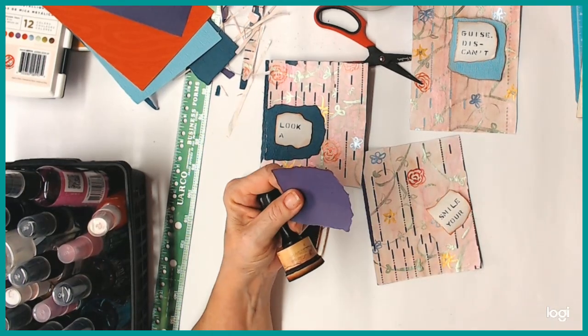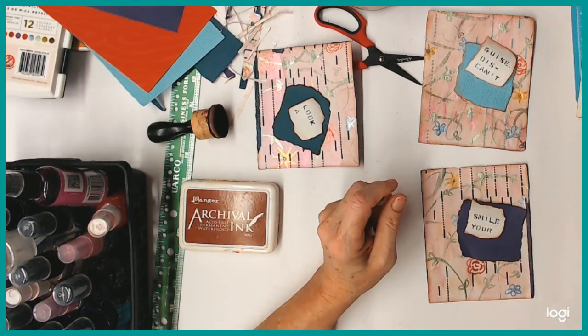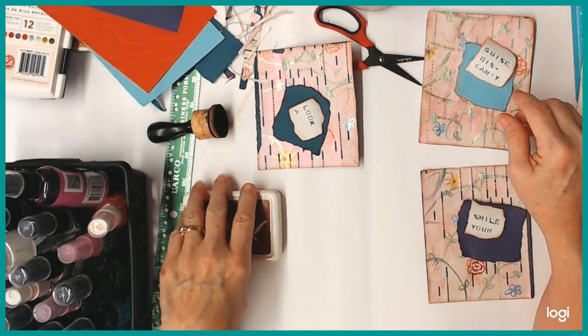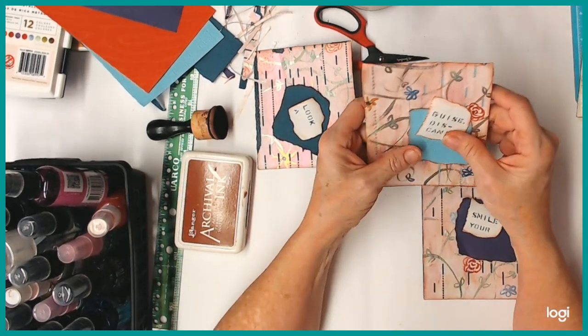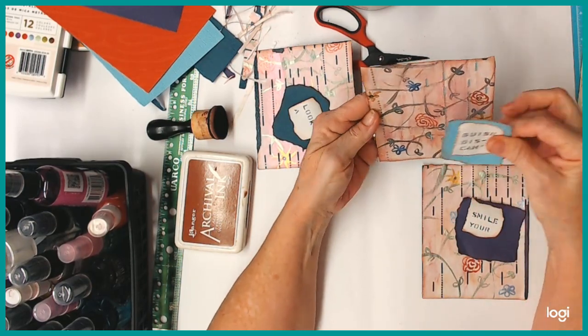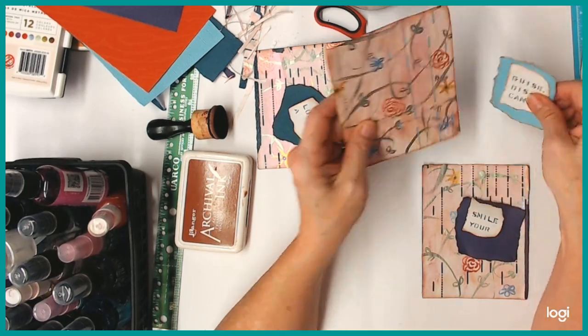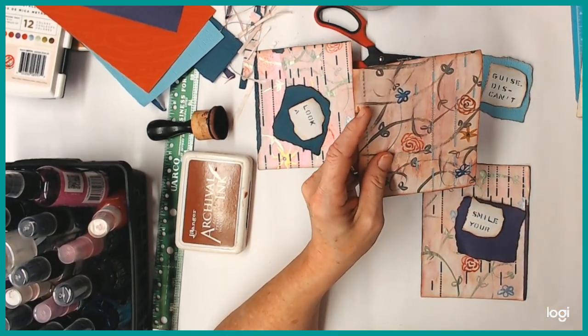Excuse me. Okay, I'm sorry about that. While I had it paused, I went ahead and inked around these. I think I want to try...